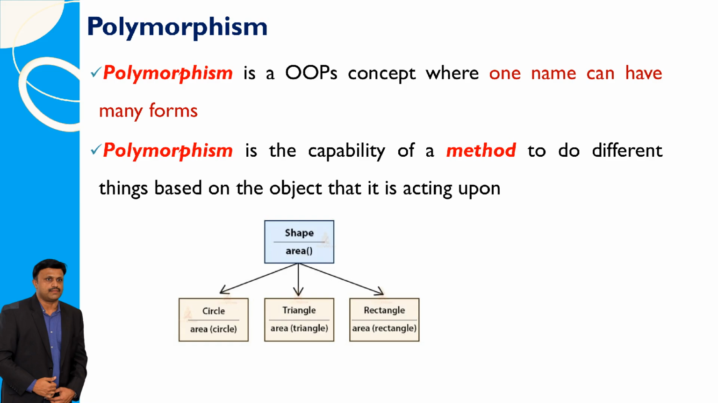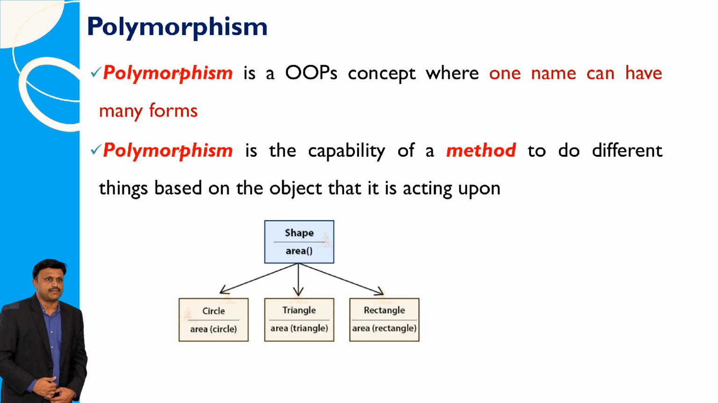Polymorphism is an object-oriented programming (OOP) concept that allows a single method or function to perform various operations depending on the object it is interacting with. This means that one method name can represent different behaviors based on the type or class of the object on